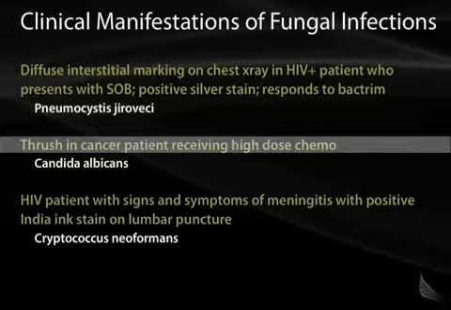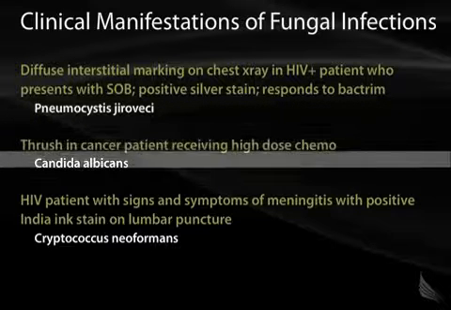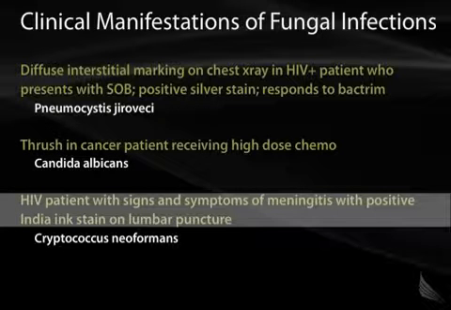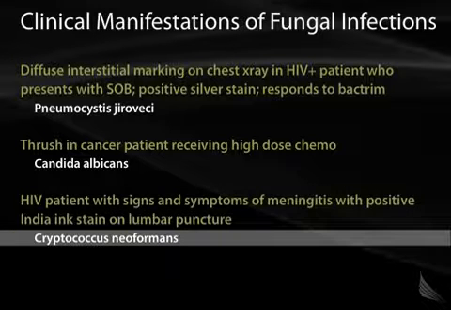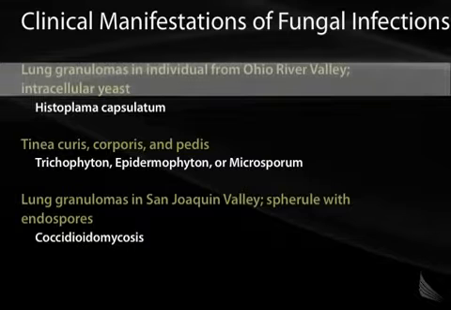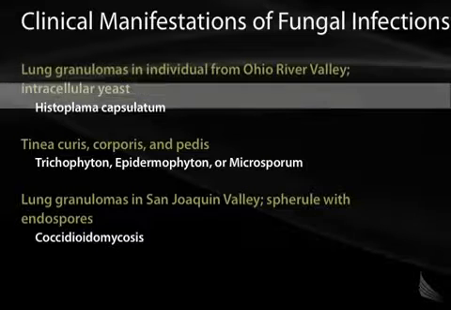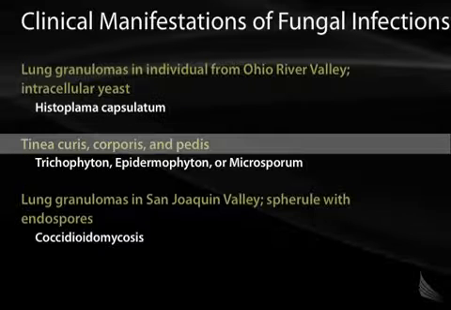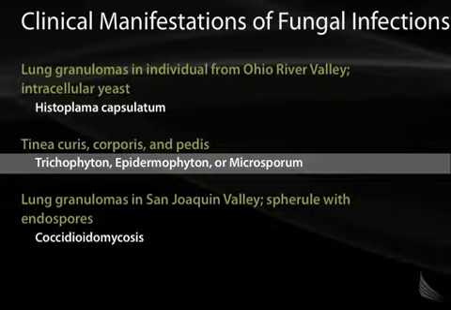If you've got thrush in a cancer patient receiving high-dose chemotherapy, you have Candida albicans. When you have an HIV patient with signs and symptoms of meningitis, with positive India ink stain on lumbar puncture, you're thinking about Cryptococcus neoformans. Somebody shows up from the Ohio River Valley and they've got lung granulomas and an intracellular yeast inside macrophages, you worry about Histoplasma capsulatum. Tinea cruris, Tinea corporis, or Tinea pedis, you think of the dermatophytes, you think of Trichophyton,